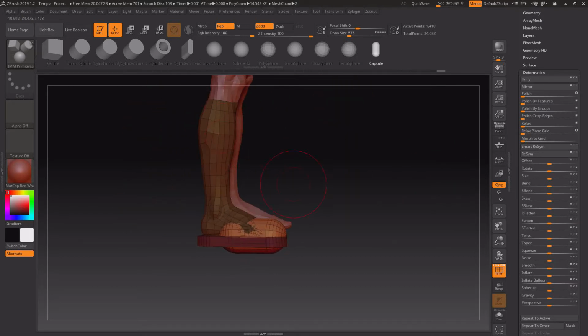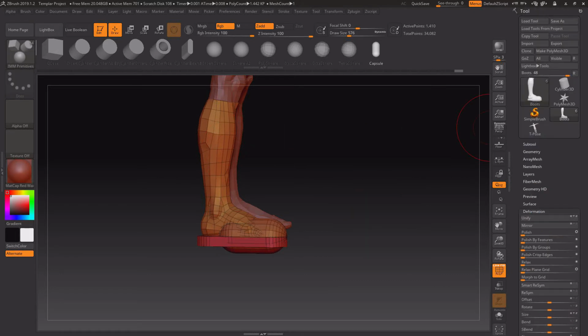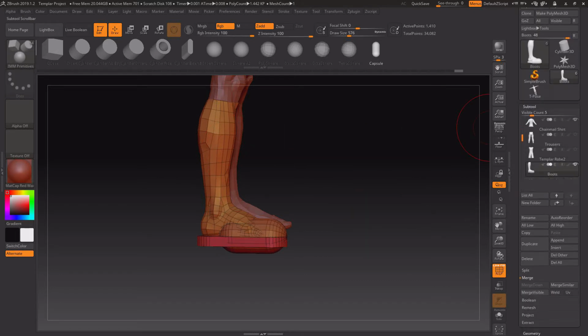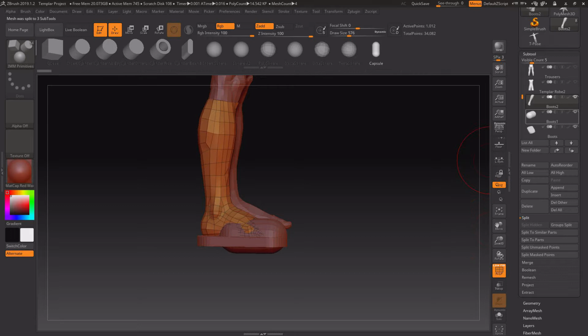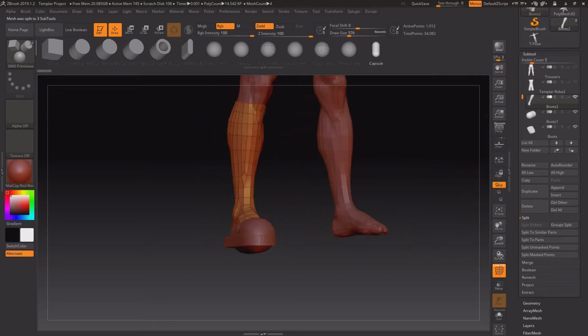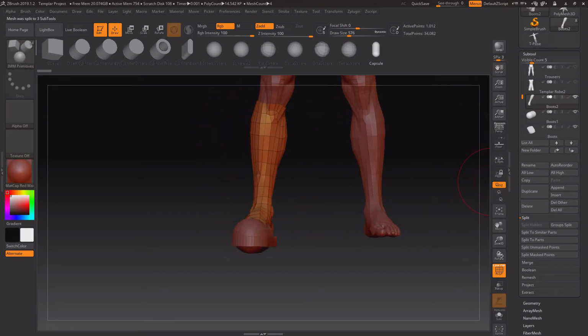I think we can maybe grab... Okay, we've got that together. We don't want to retopologize all of it. We want to just grab this leg bit here. I should have done that before. So if you haven't got there yet, do it beforehand. But you can just group split them, grab the boots. And we want them